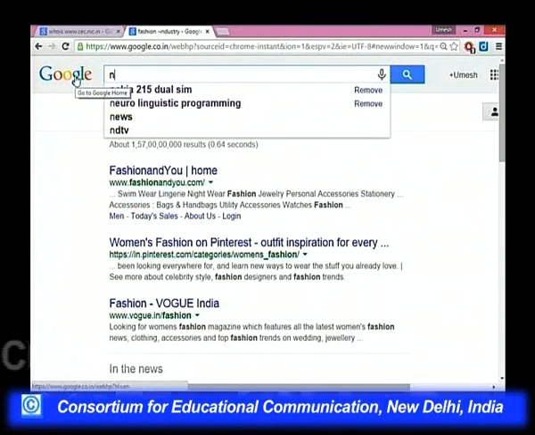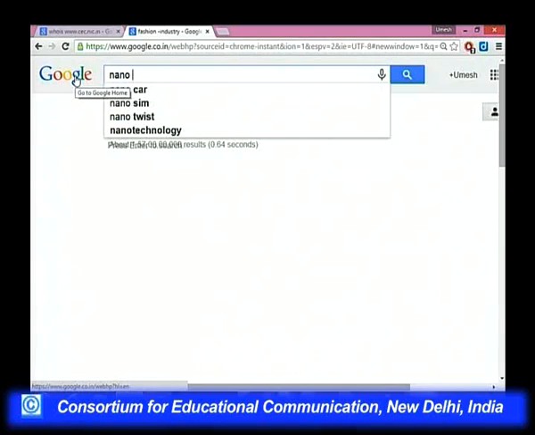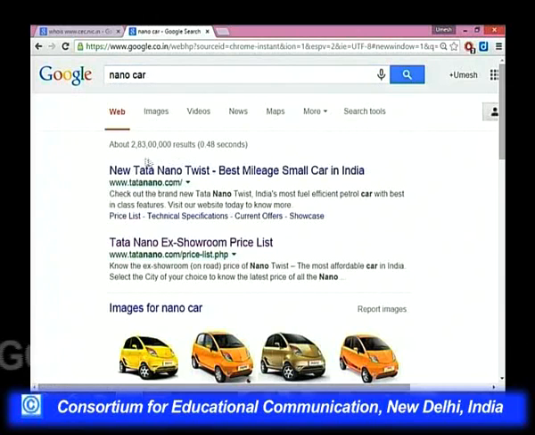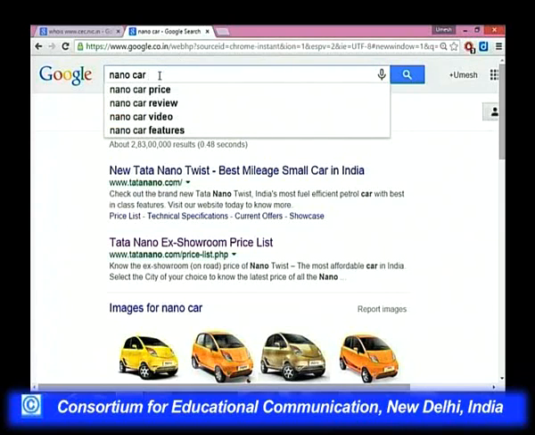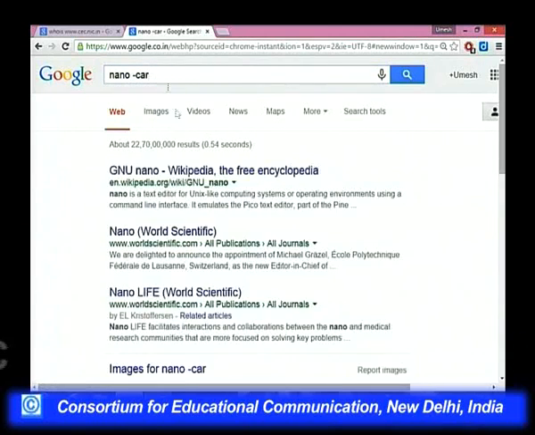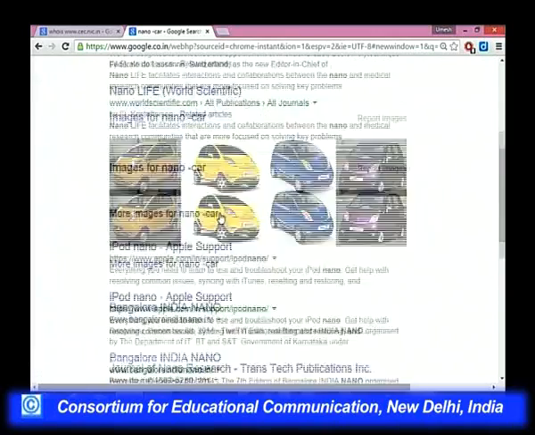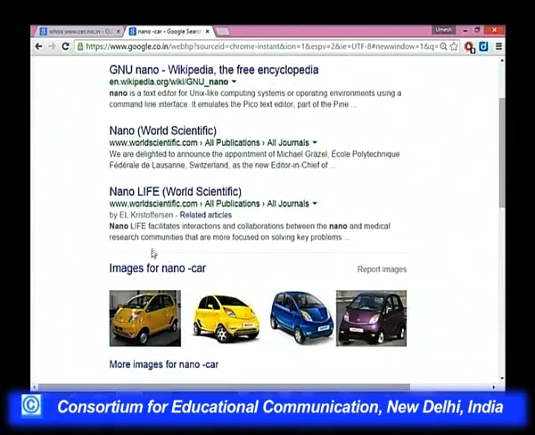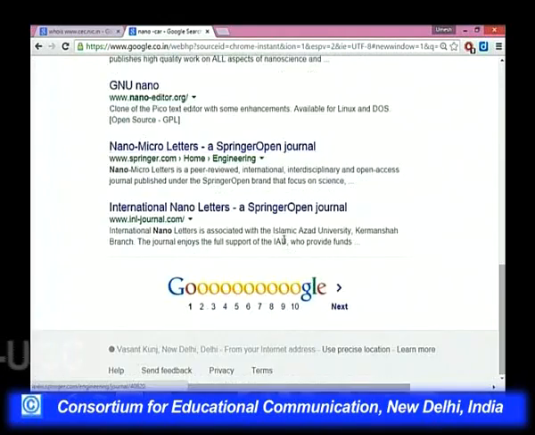For example, if you want to search something about nano, that is nanoparticles, the first information you will get will be related to the Tata Nano because its page rank is very high and the companies know search engine optimization techniques, they place their search query on the top of the results, but this is not our objective. So, we will write nano minus car, and then you will see it will not show anything related to the nano car. So, this is one website only which is Google Images, otherwise you will not find any.